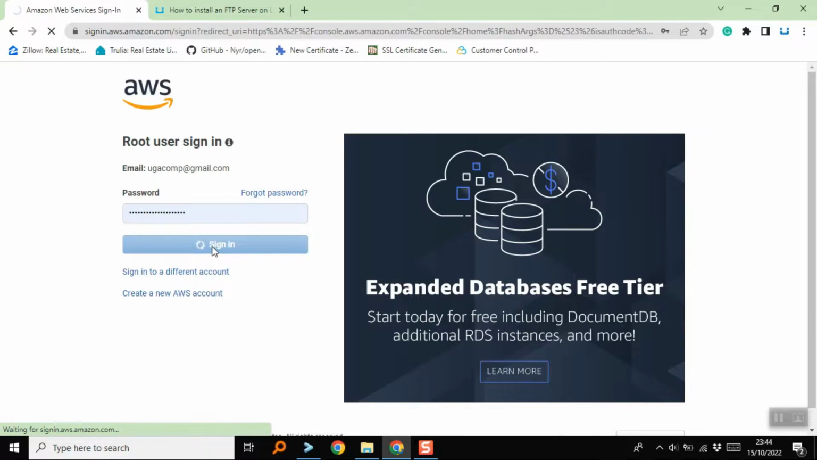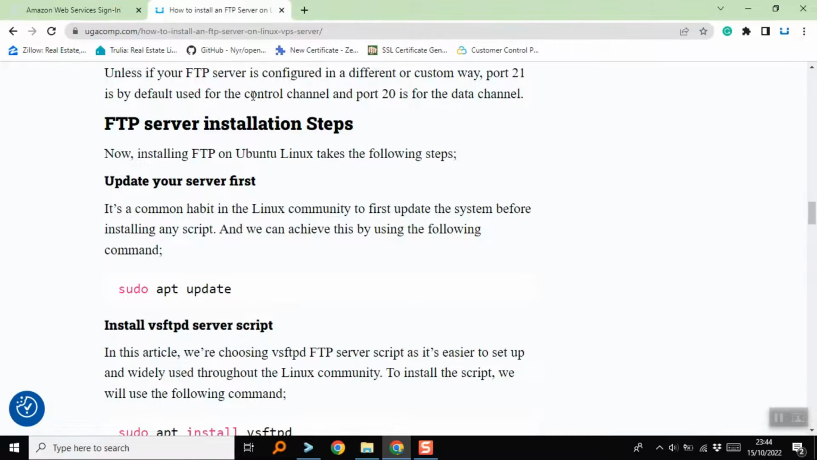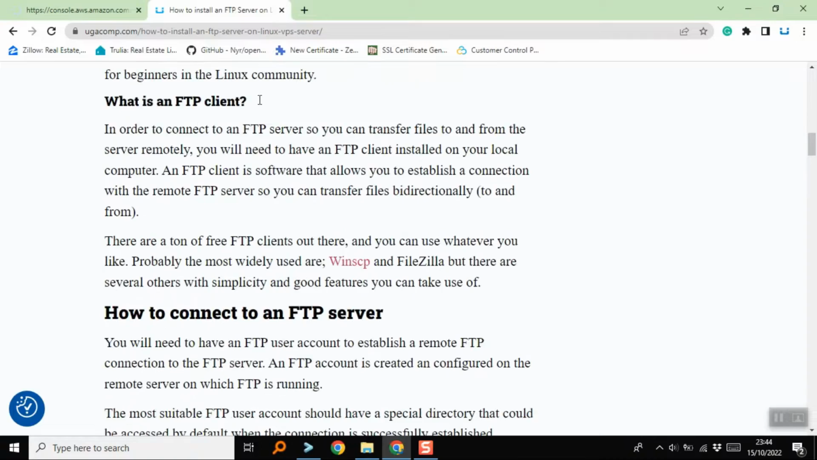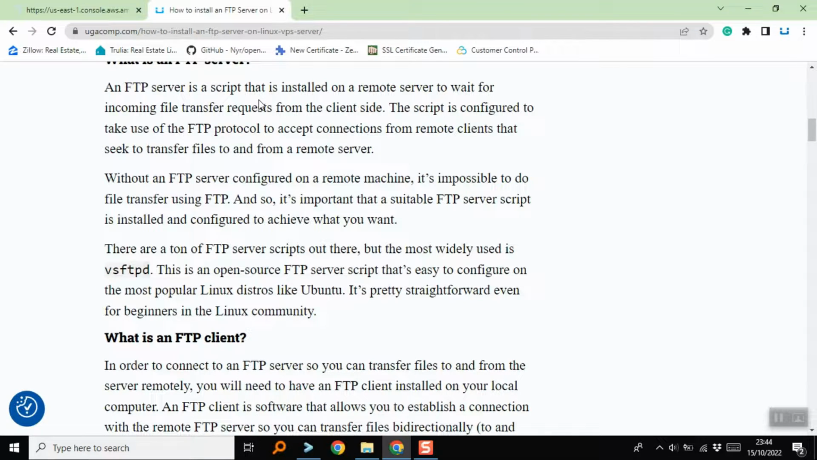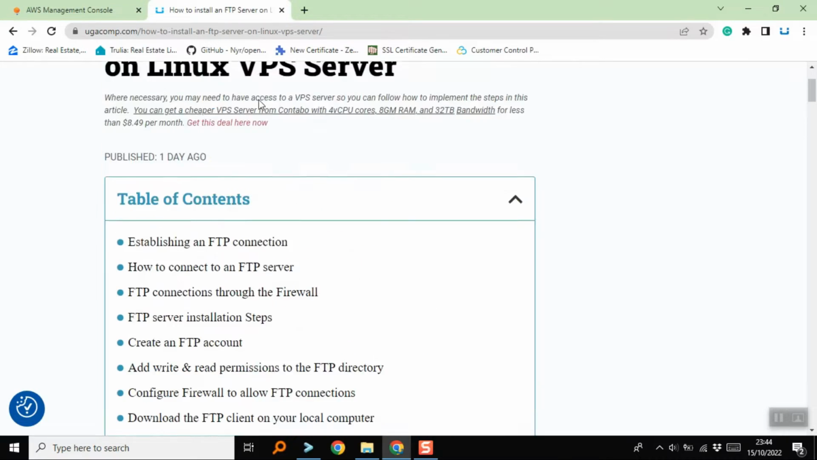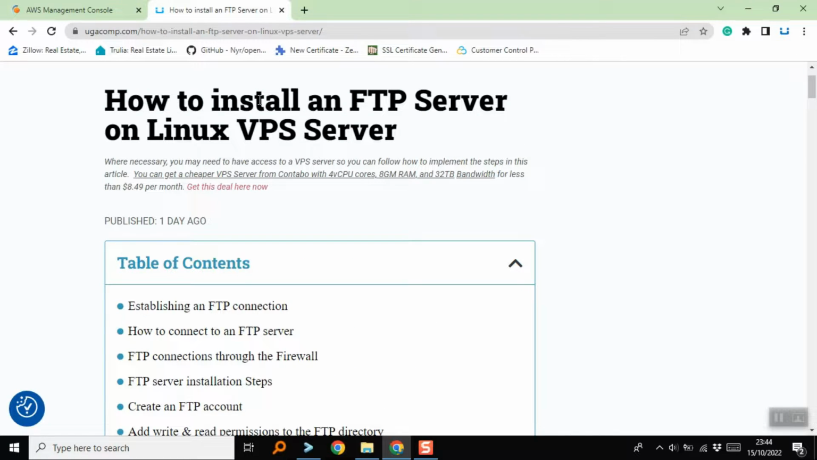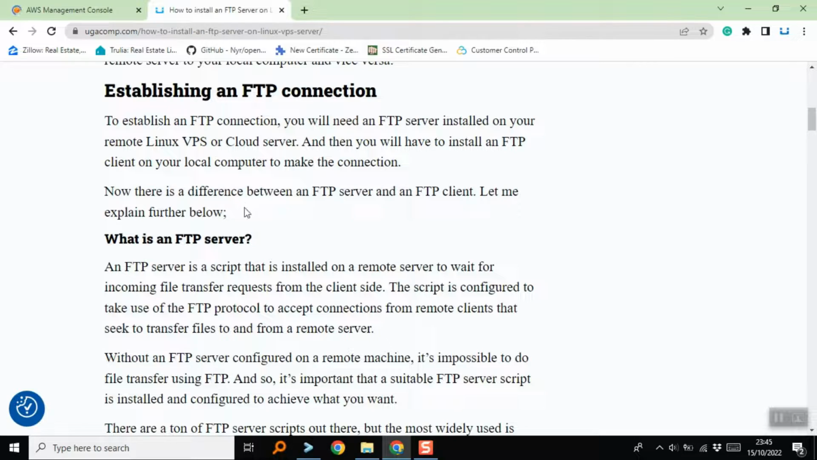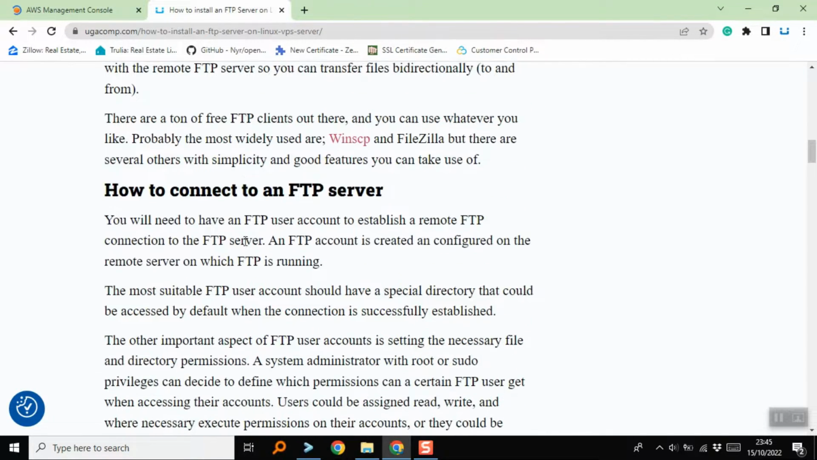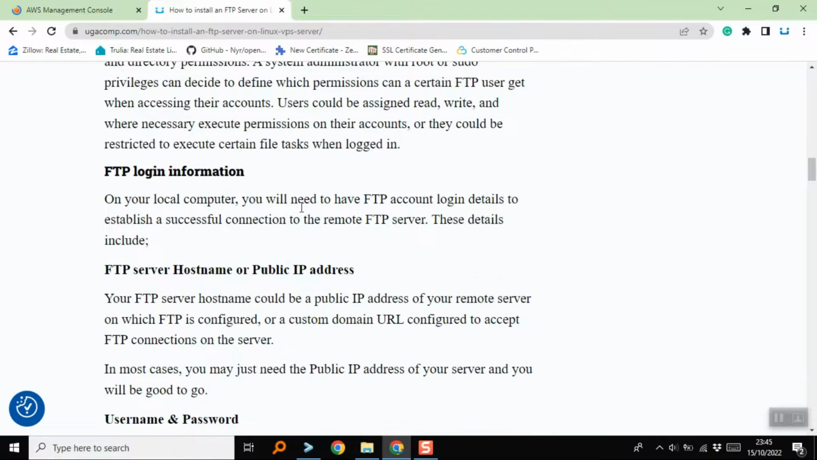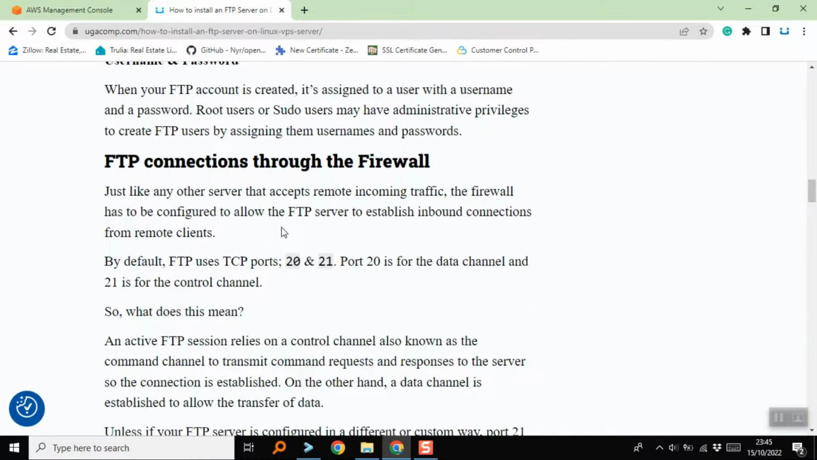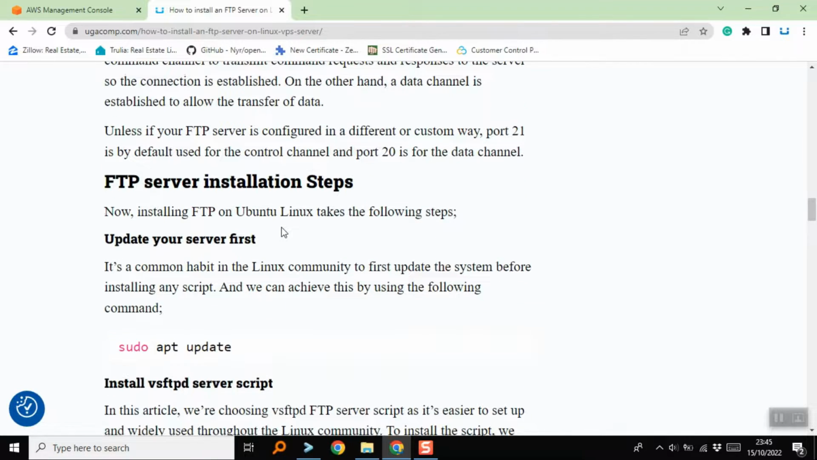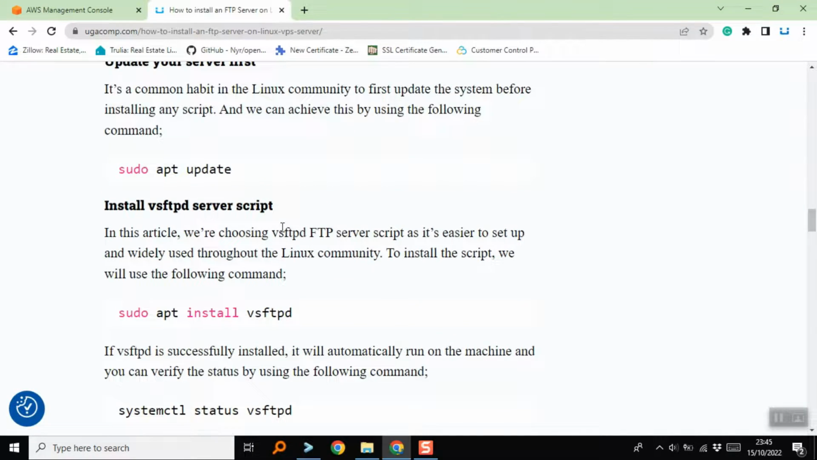Now, I've also written an article about the FTP installation process. It's a detailed article. I'll leave the link in the description below, so that you can read it to learn the steps involved in installing FTP on a Linux server. You can learn about what an FTP server and an FTP client are, how to connect to an FTP server, the login information, the firewall rules, and the installation process you need to follow to install the FTP server script on the